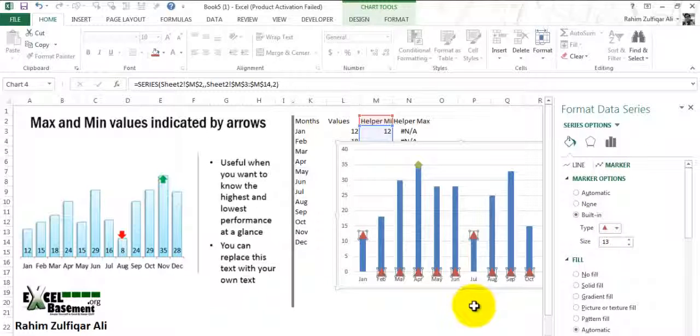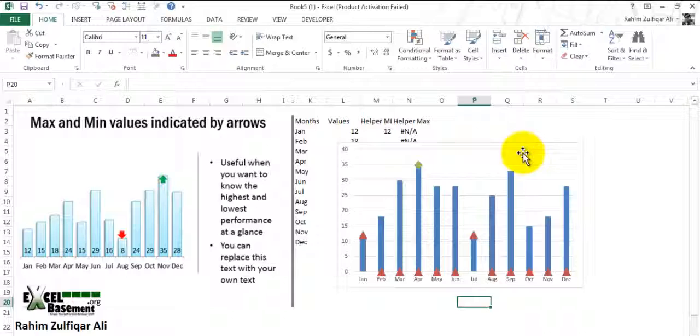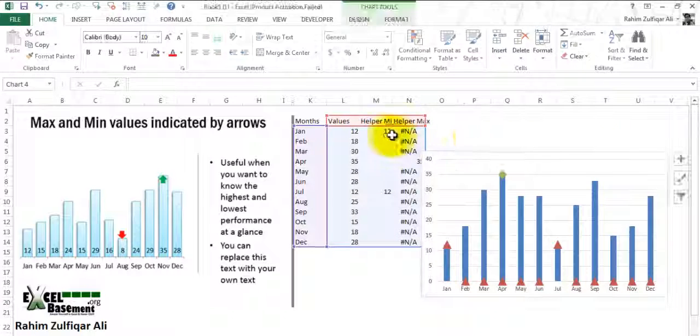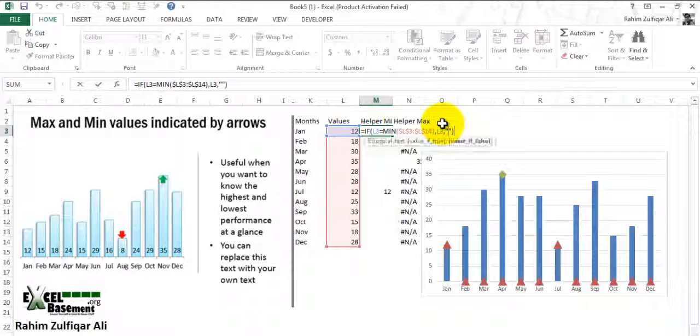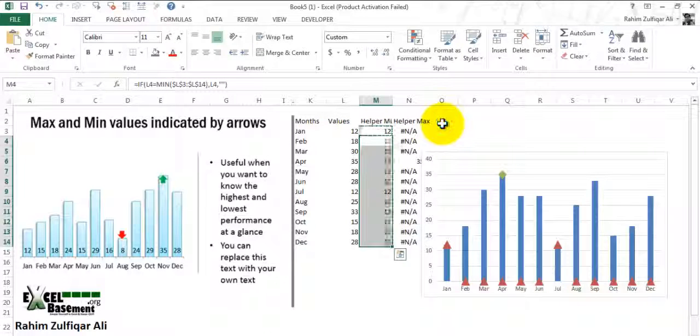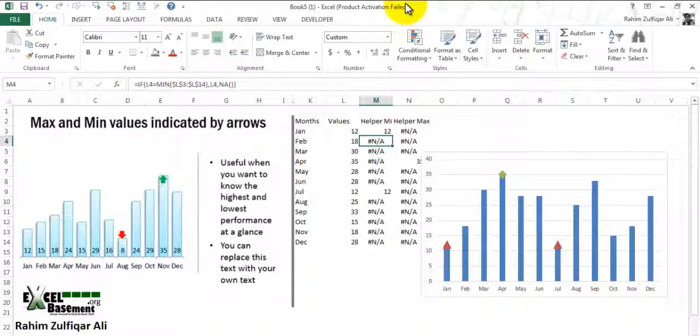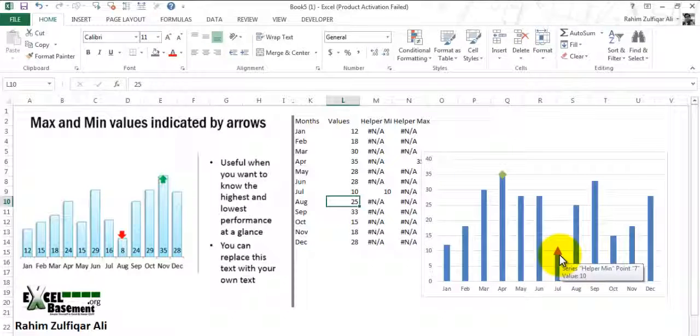Make it large. And to hide the 0 value, we will add the NA function. So we got two identified points: the minimum value in my chart, and one maximum point.